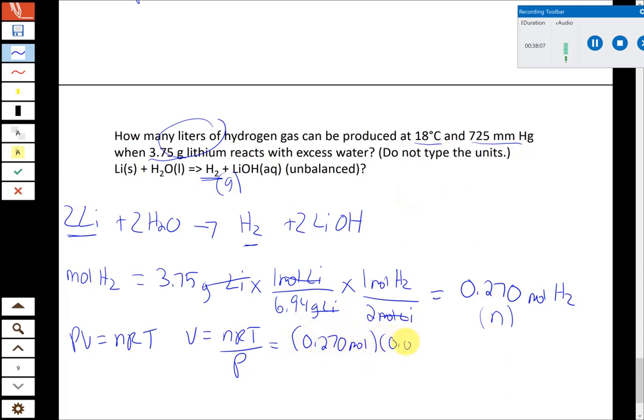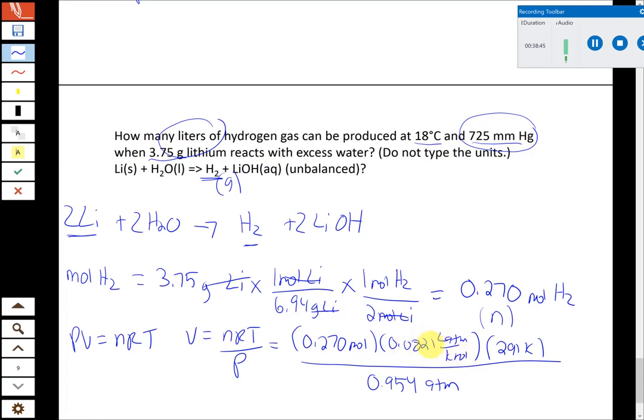R is the universal gas constant. Temperature has to be in Kelvin, and as usual, it's given to us in Celsius. So we're going to convert that into Kelvin, 291, 18 Celsius plus 273. And then the pressure has to be in atmospheres, so we're going to take this number, 725 millimeters of mercury, which is the same as 725 torr, and divide by 760. So the pressure in the correct units would be 0.954